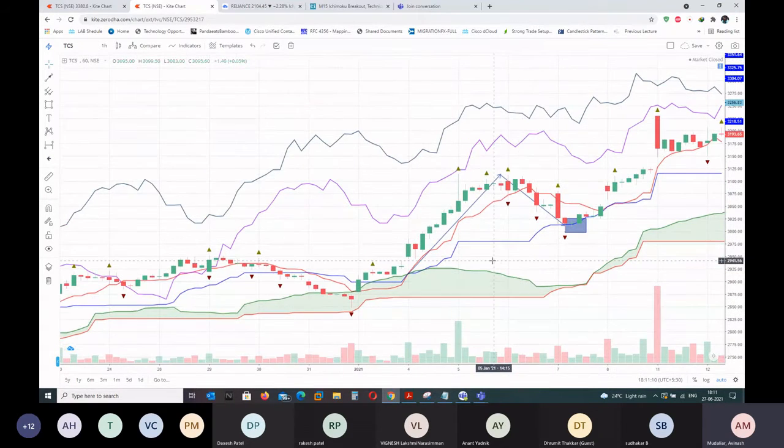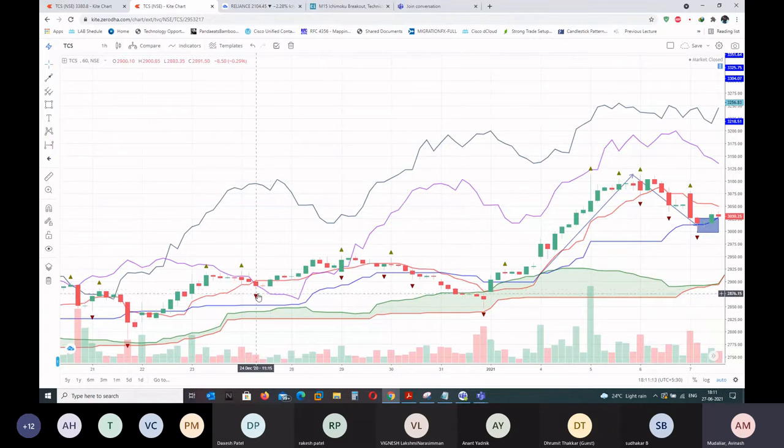Similar concept is for the Tenkan-Sen bounce. When you see an instrument taking support, for example here, the same kind of hammer, inside pattern, and then outside breakout. Same thing is happening nearby the Tenkan-Sen, going below and again going above the Tenkan-Sen, like a breakout. That will be counted as a Tenkan-Sen bounce.